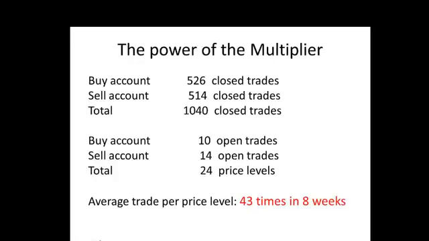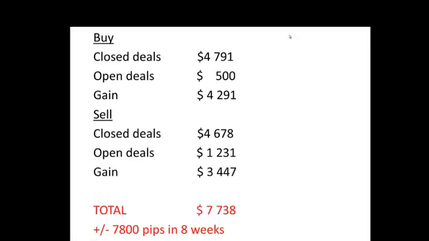If this happens, let's have a look at the profitability that happens. So on the buy side, we've had closed deals of 4.7, open deals of 500. So our gain, you've got to take the open deals out. Our gain is 4,291. On the sell side, the closed deals were 4,678, and the open deals were 1,231, and therefore the gain is a little bit lower,